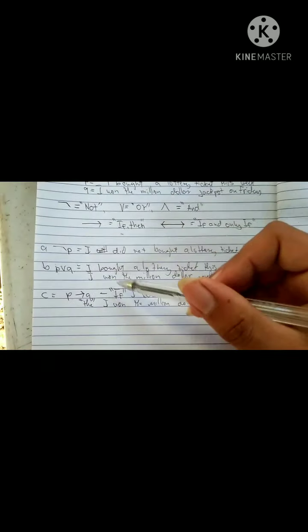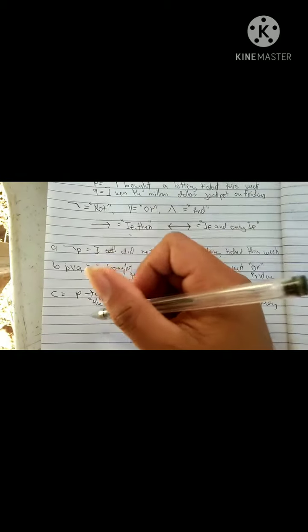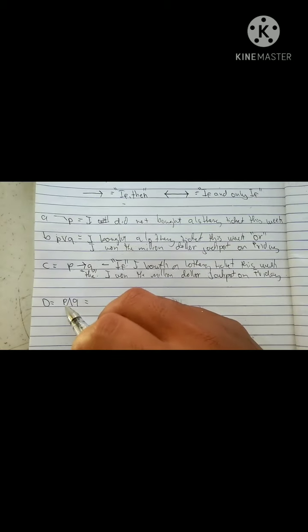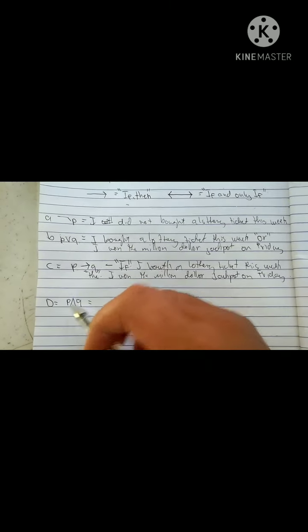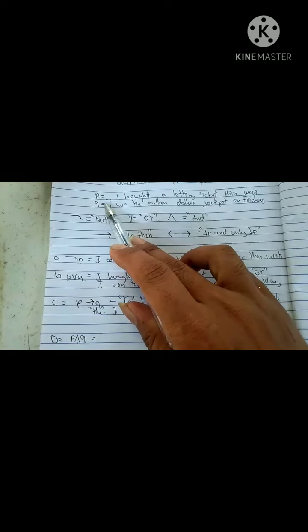Here we use the value of implication in words, the if and then. So our fourth logical expression is the conjunction of P and Q. We'll use the word "and" because it is equivalent to conjunction. We will just connect these two propositions, and the words will go like this: